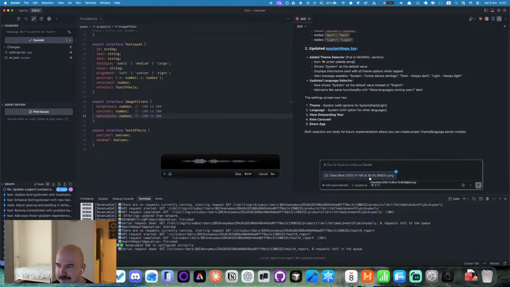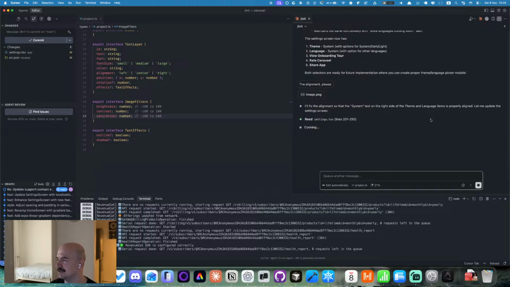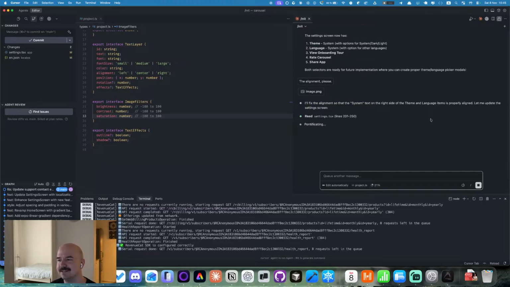Fix the alignment, please. The first word was dropped because I didn't wait the needed amount of time. That's why it was cropped out. That's fine.